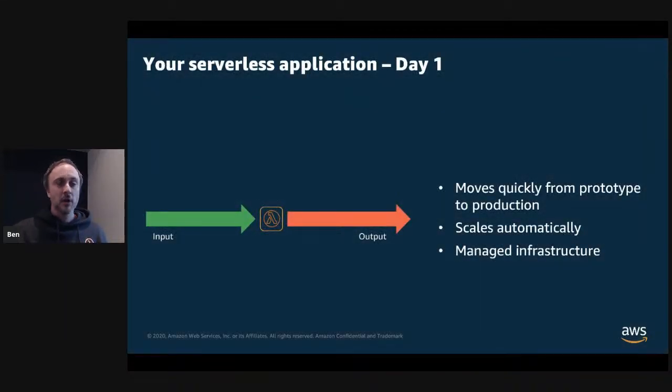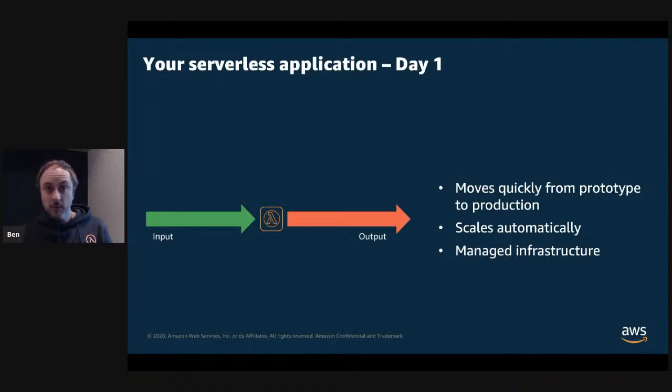Okay, so what we're going to do here is look at a typical implementation of a serverless application built with Lambda, the path we see customers take. We're going to use a typical story that we see from customers on day one when they're first discovering Lambda. Then we're going to fast forward to day 100 and look at some common challenges that we know our customers are falling into. And we're going to talk about how you can go about preventing yourselves from falling into some of those same pitfalls.